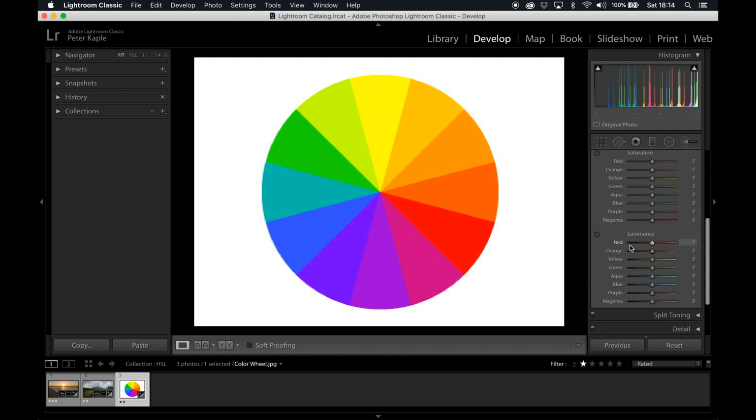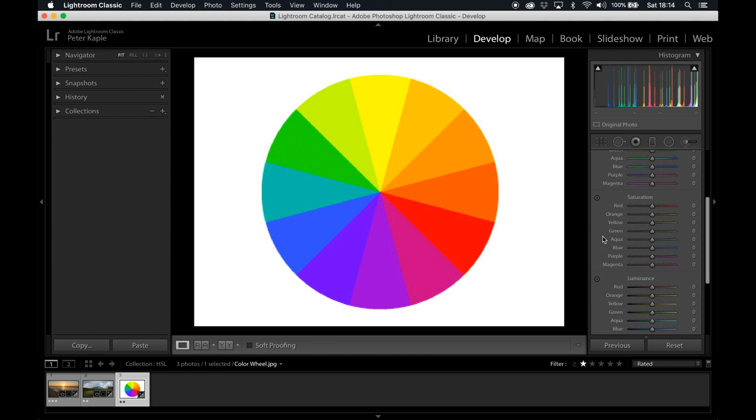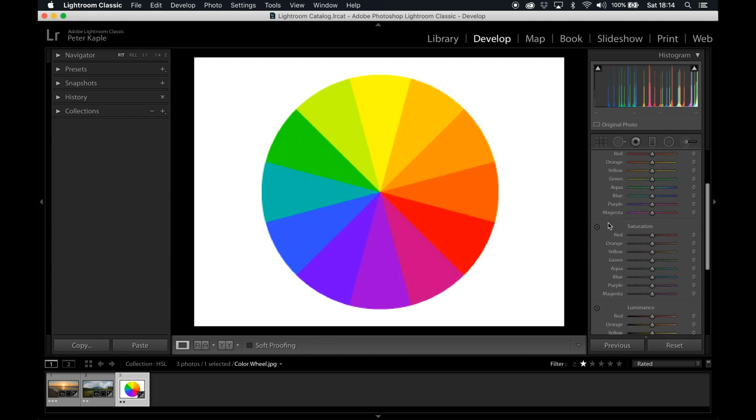In this panel, if you look next to luminance, saturation, or hue, you'll see to the left a little dot. If you click on that dot and then you go to your image and you click and drag your mouse up or drag your mouse down, it'll actually make adjustments to the color that you're clicking on. So if you've got a color and you just really can't figure out what it is and you keep trying to find it by making adjustments on the sliders, this is a good quick way to fix those colors.